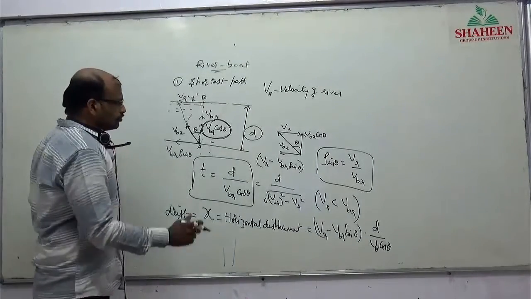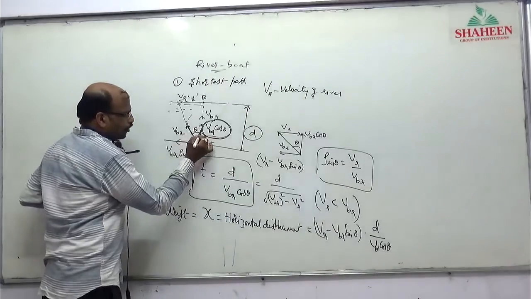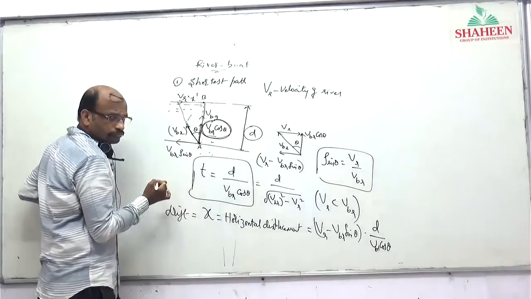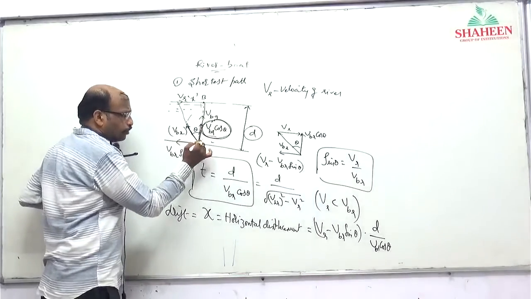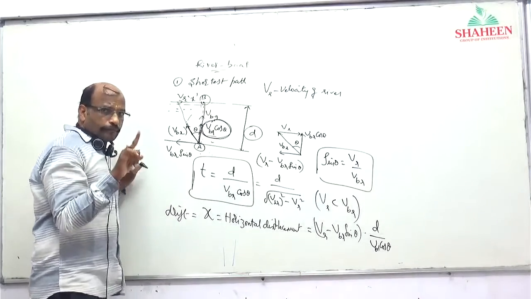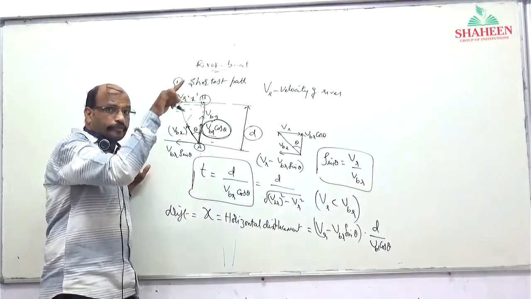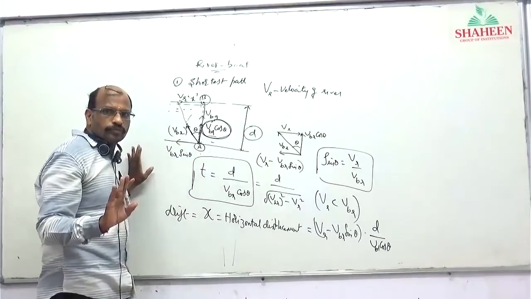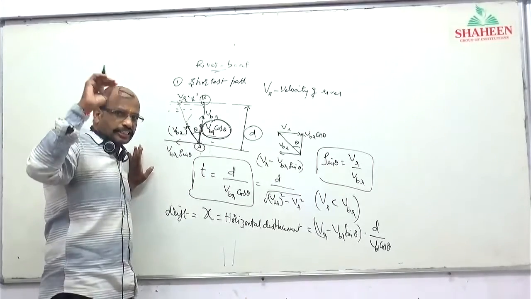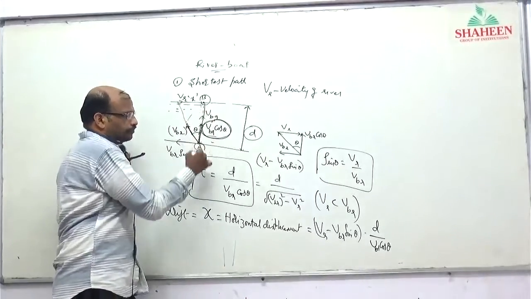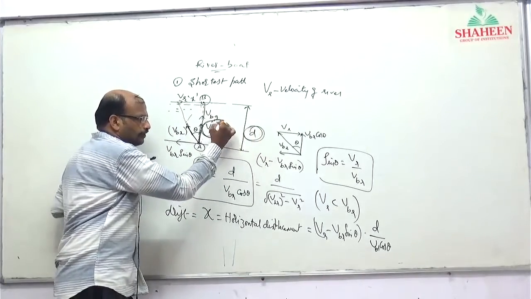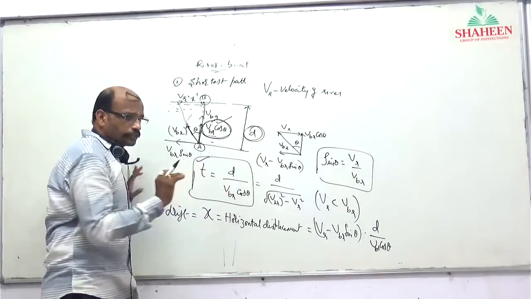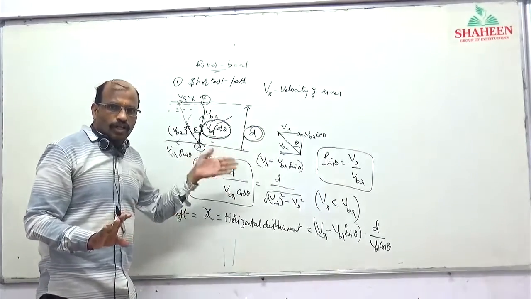See, VBR cos theta is the vertical component of VBR. The vertical component of VBR will be along this direction. So finally, it is reaching from point A to point B. Which component of velocity of VBR is responsible to reach point B? VBR cos theta. Is it clear now? VBR cos theta is strictly dependent on this vertical displacement d. The vertical displacement d is with respect to this VBR cos theta only. So time taken can be calculated as d by VBR cos theta. Is it clear?